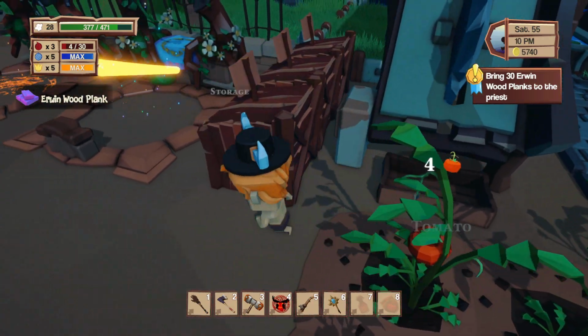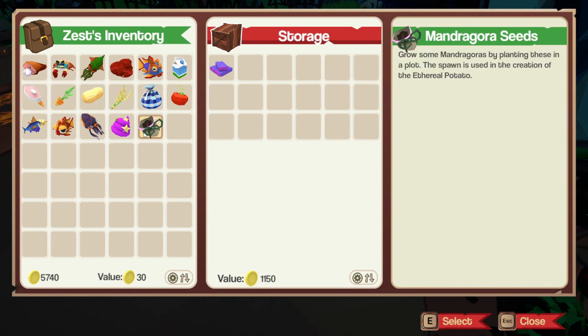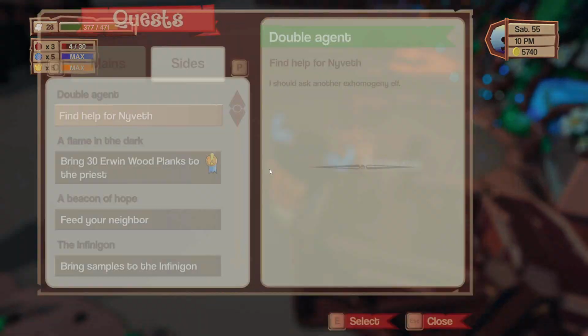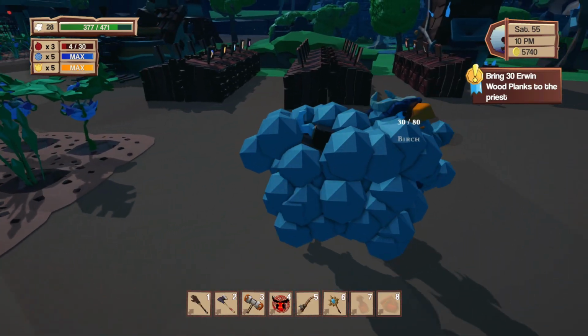That's all I can do right now. Stick it in here for the moment. Stick that in there for the moment. Okay, so as far as what we have and what we need...